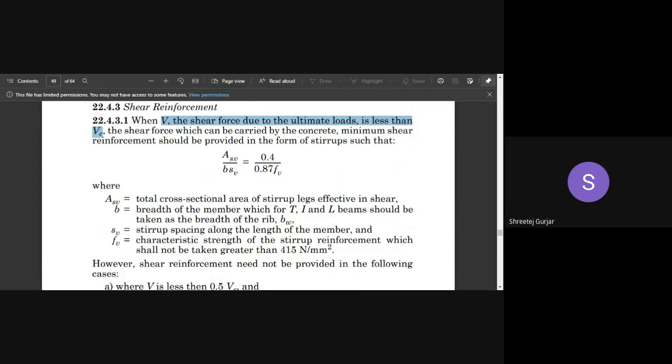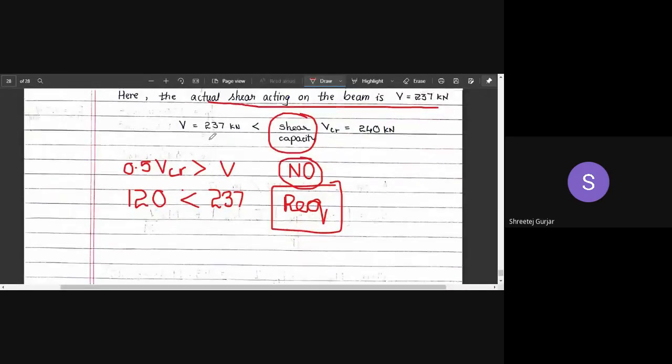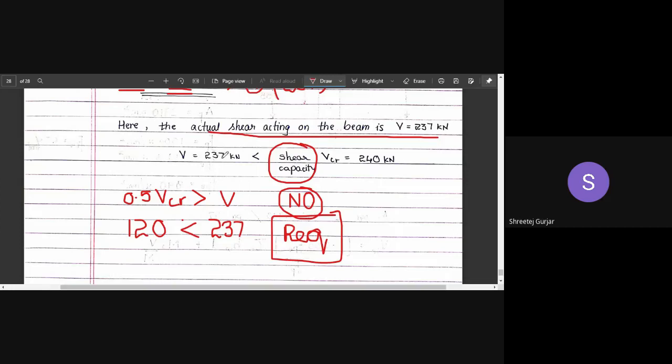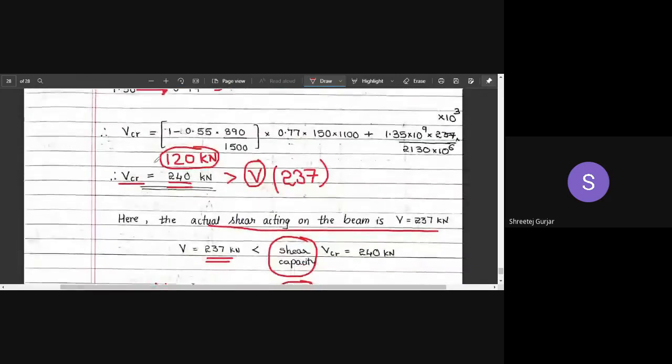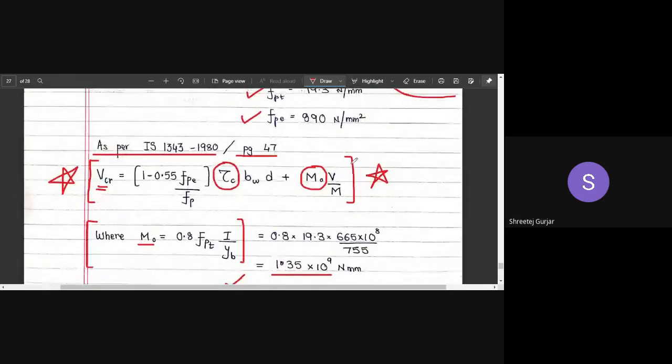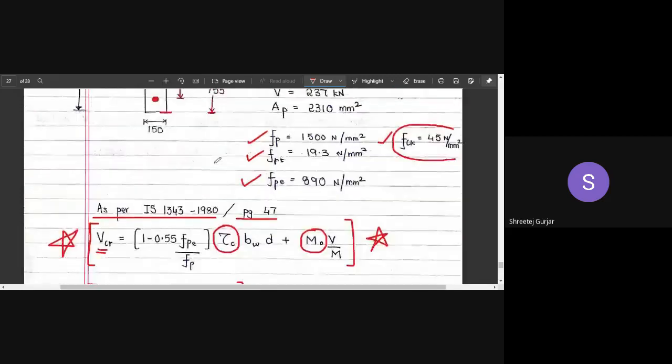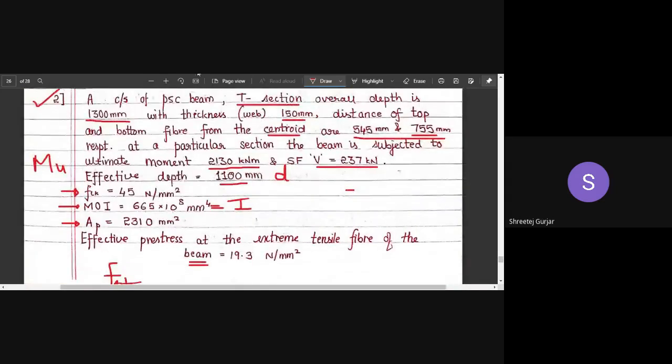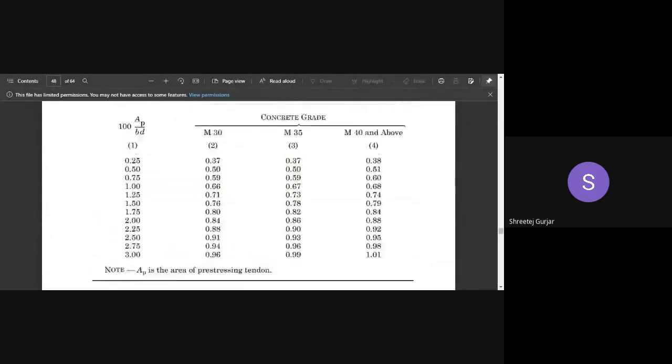Okay, so this is the second numerical which we have solved, and I hope it is clear. If you have any doubts, please ask. We have time, and that is why the live session is kept, so that you can clear your doubts. I hope you have understood this particular numerical, wherein we have used the second formula for calculation of the ultimate shear resistance of your concrete section. So we have used both the formulas which are there in the code book.